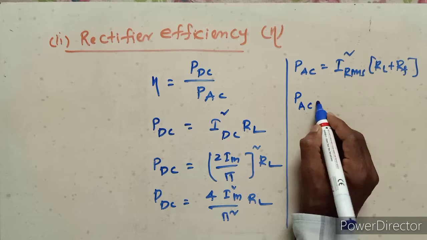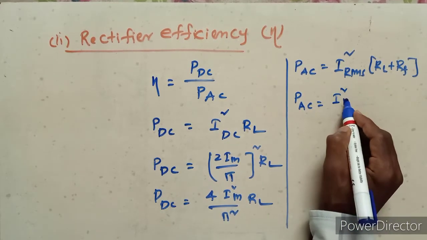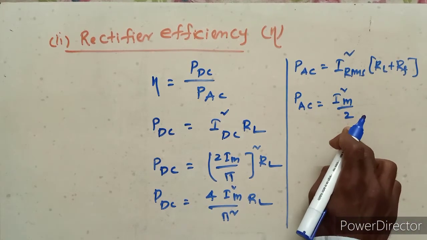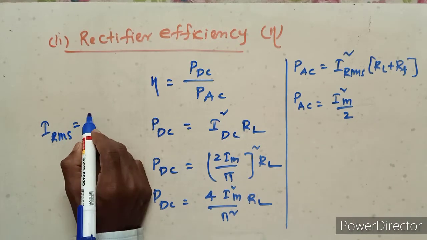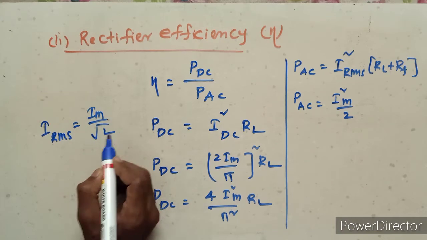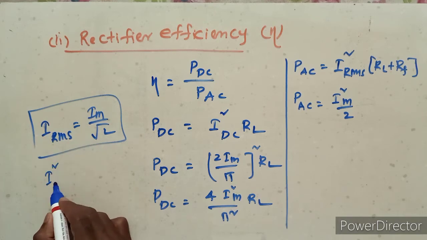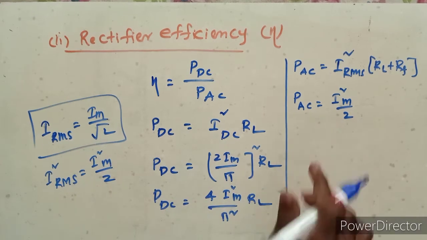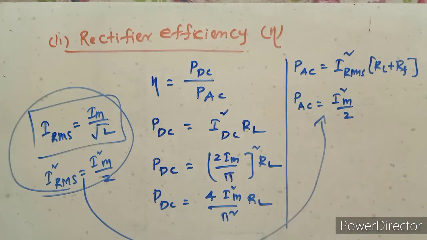AC input power equals the RMS current squared, which is I square m upon 2. RMS current equals Im upon under root 2. This is the original value. Then I square RMS equals I square m upon 2. From these equations...